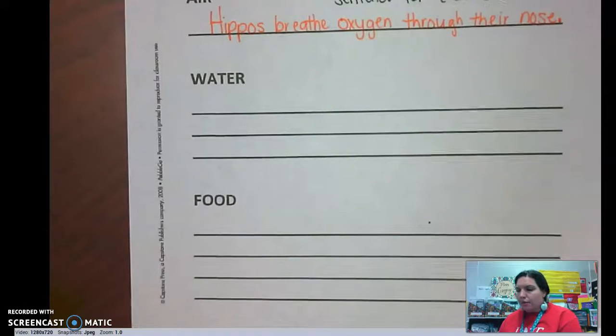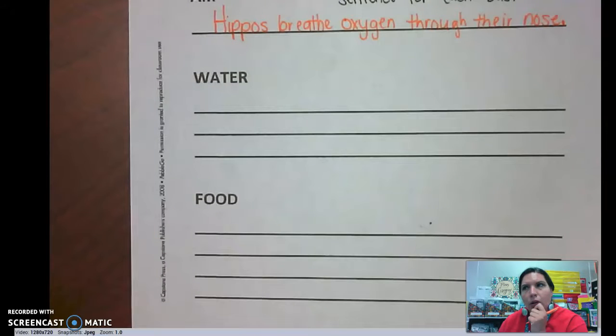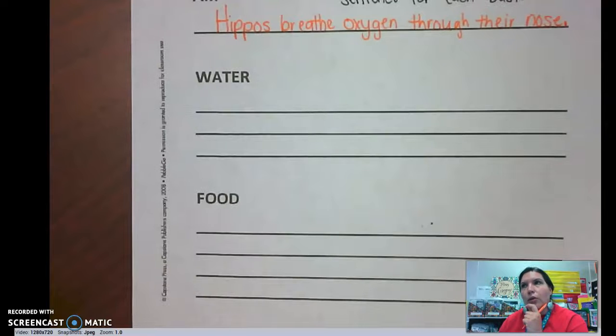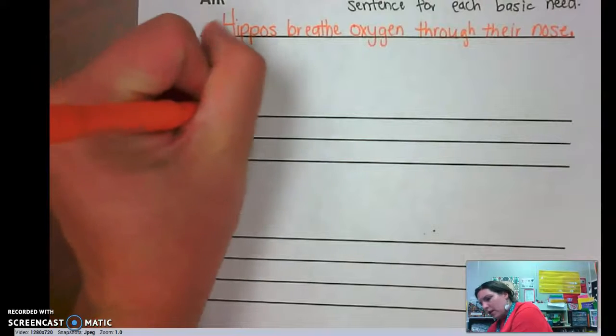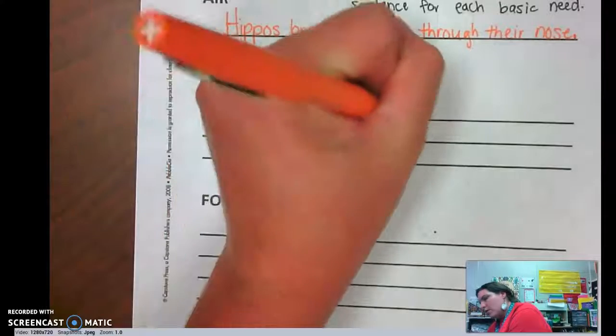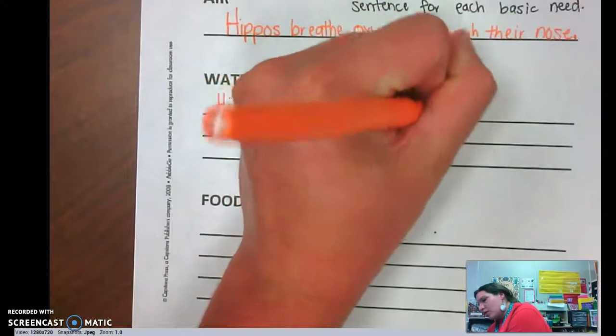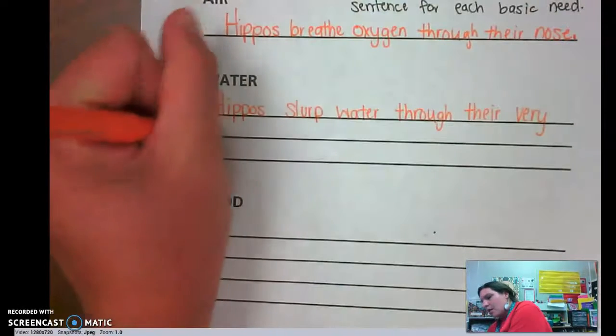Now I'm going to go to water. Let me think. Water. Hippos. I could say hippos drink water from the rivers that they live near. Or hippos slurp water through their very large mouths. I think I'll write the second one. Hippos slurp water through their very large